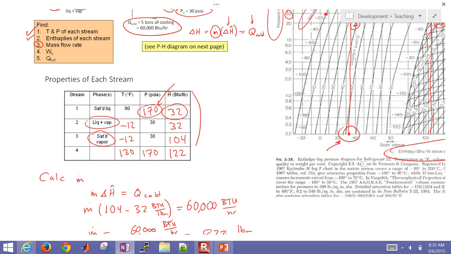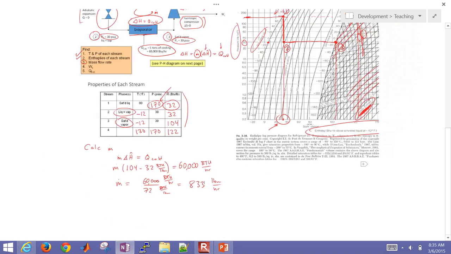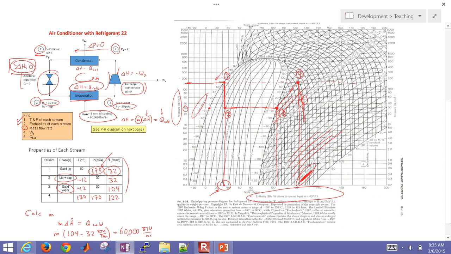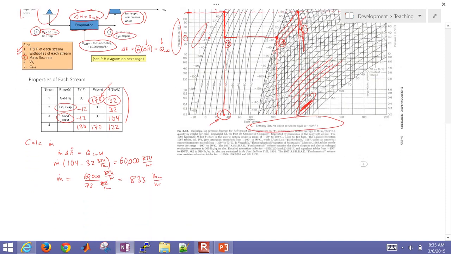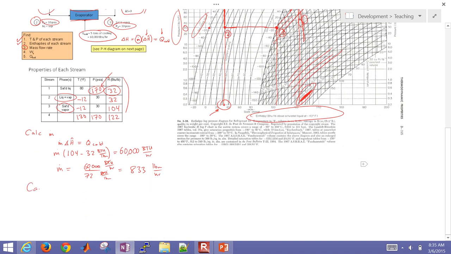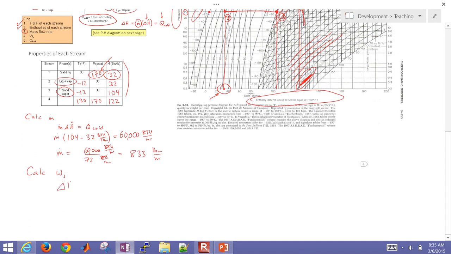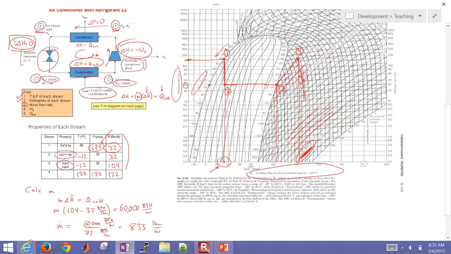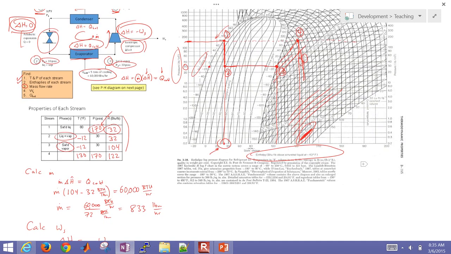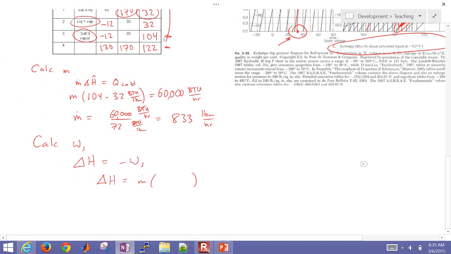Okay, so from the compressor, let's go ahead and find the work required. Now we know how much has to go through there, so let's find out how much work we have to put into compressing this. Okay, so again, let's go ahead and calculate the shaft work that's put into the fluid. Okay, so that is going to be, as we said before, delta H equals negative WS. Delta H equals negative WS, but delta H equals m dot times, okay, now let's look at our difference. It's going to be the specific enthalpy of 4 minus the specific enthalpy of 3. Okay, so the difference between those two right there. Okay, so that's going to be 1